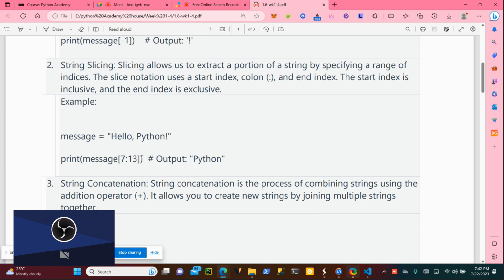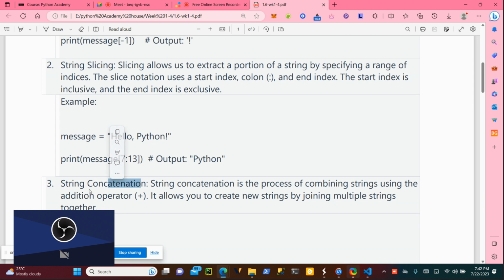So you move to 13. If it's 13, it's going to print the n but stop at 13. I hope you've gotten that. Yes, sir. Okay. So always you add 1 to your stopping. If it's 12, add 1, making 13, so that you can print this. That's why we are saying that the end index is exclusive.